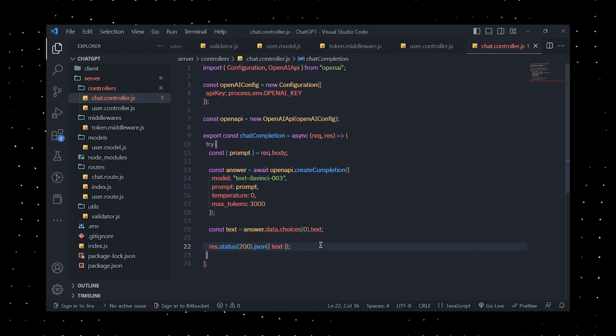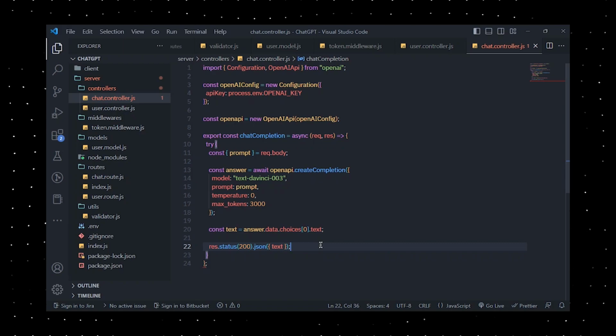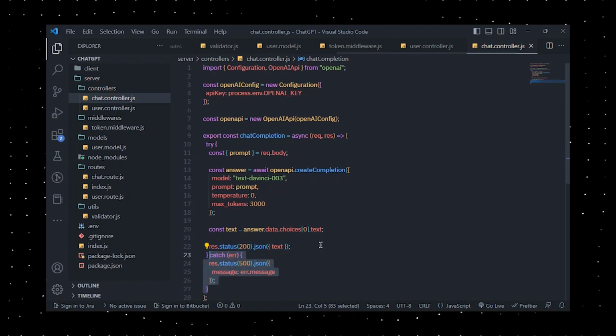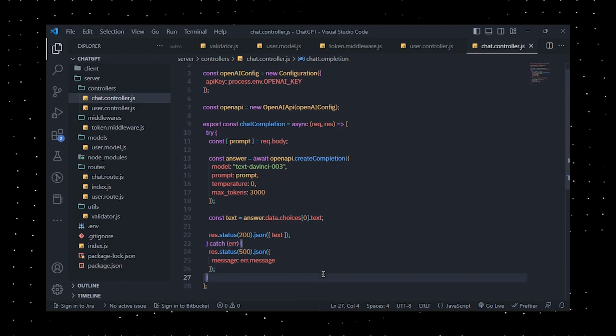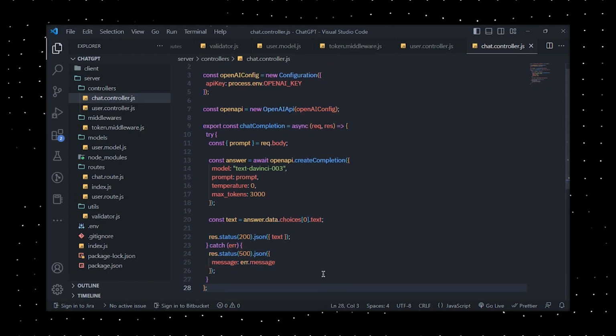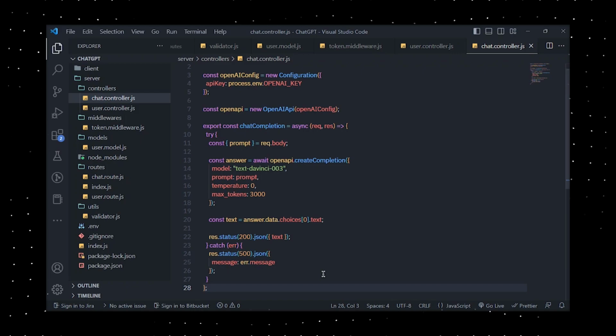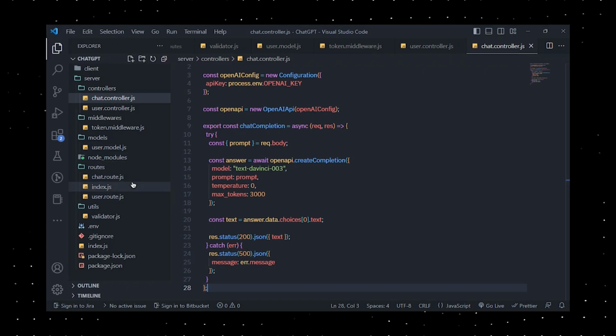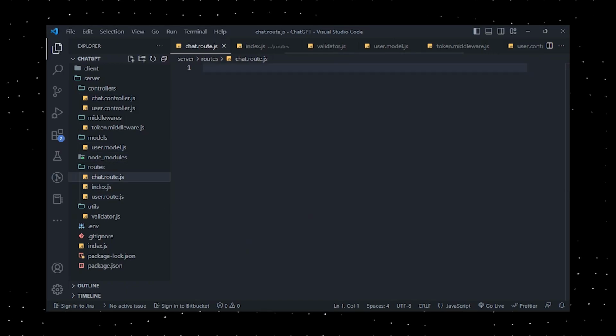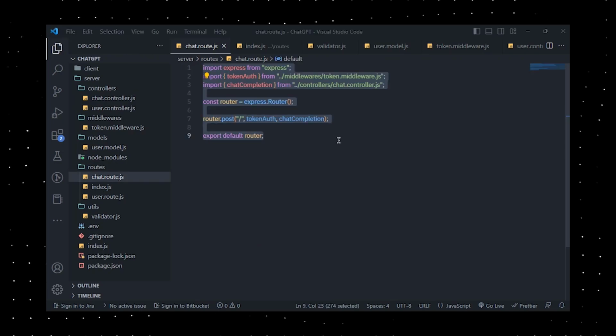If the request is successful, the function extracts the chat response text from the response object and sends it back to the client as a JSON object with a text property. If an error occurs during the request, the function sends an error message back to the client with the 500 status code. Now, let's get back to the chat.route.js file in the routes folder, where we'll define an express route for